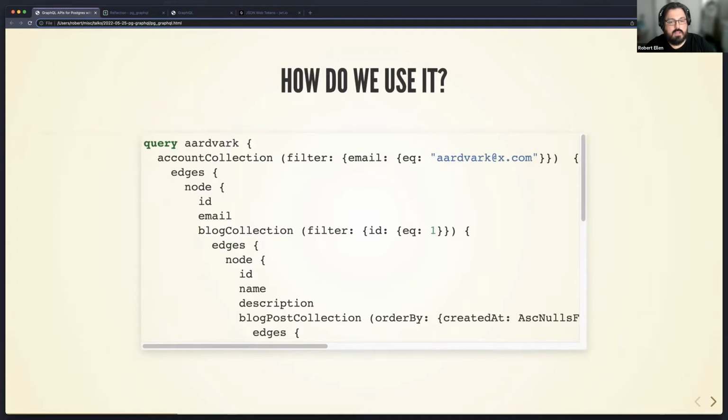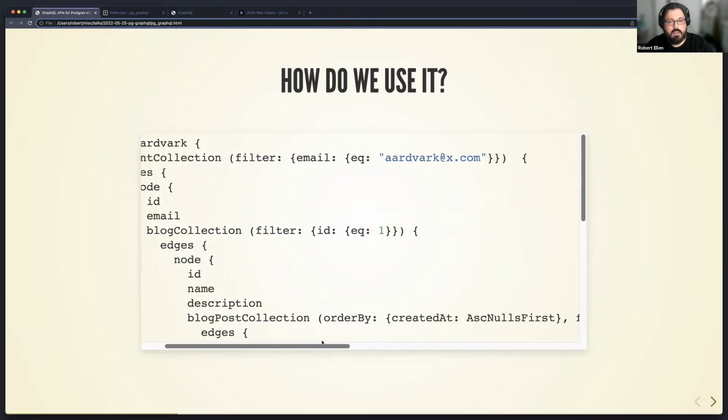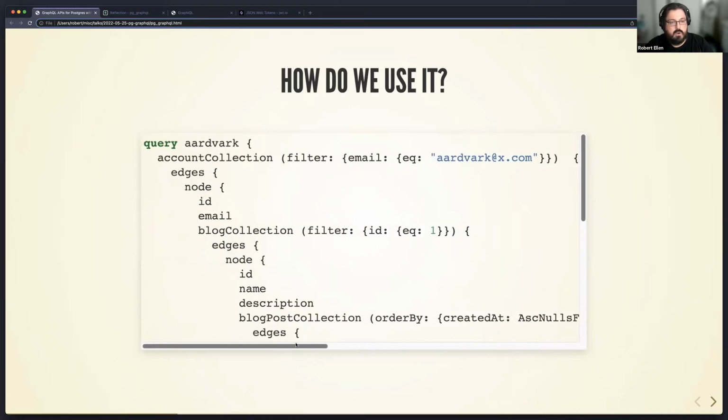You can of course get a lot more fancy with that. So imagine we also, along with accounts, have blogs that are associated to accounts, and we have blog posts that are associated to blogs. You can see that we can find all the blog posts on a particular blog that's owned by someone called aardvark@x.com. So we're filtering, we're getting their first